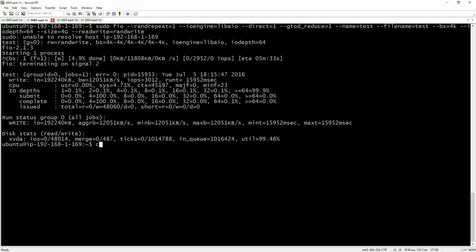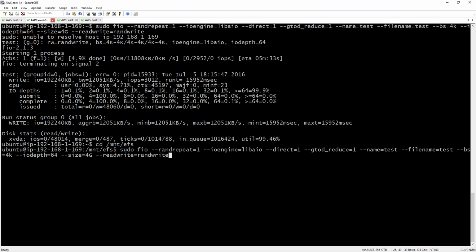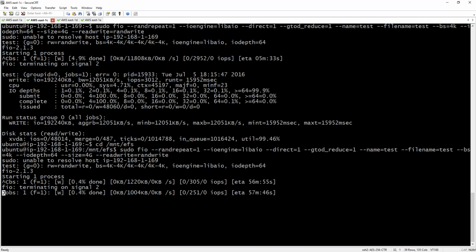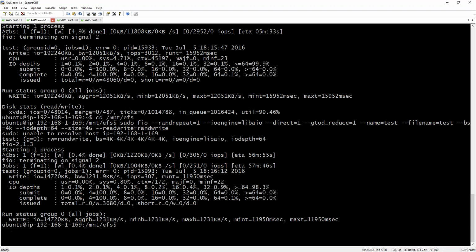So if I do a CD and go to our, this is going to be our mount point, and it'll give you a real time. So our local file system is 3K versus 300 IOPS. And then if we look at our